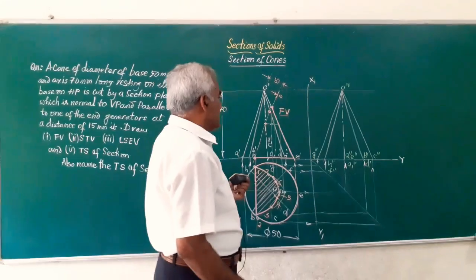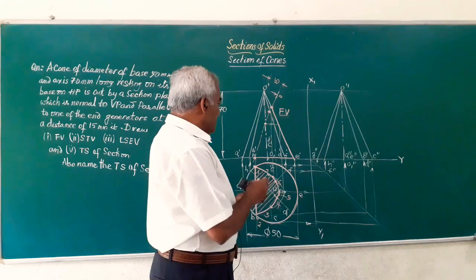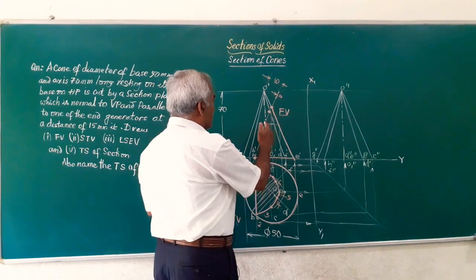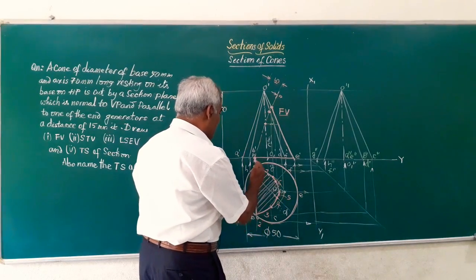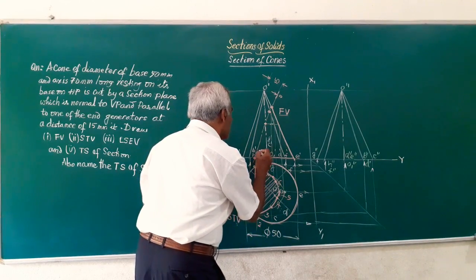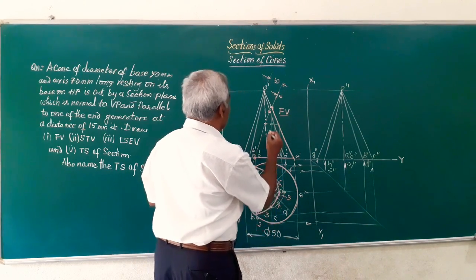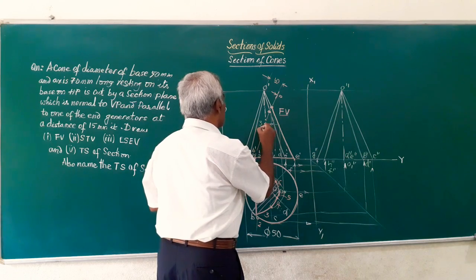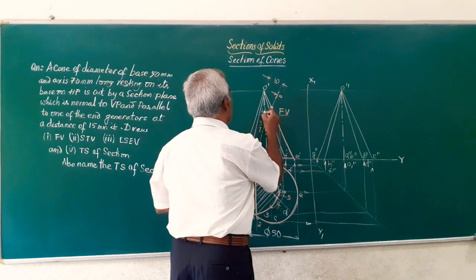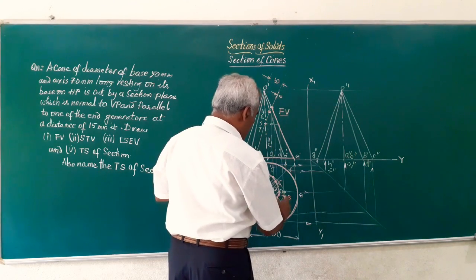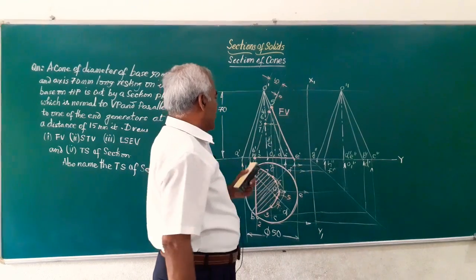Friends, we have marked the points on the base in the end view, and let us transfer these points from the top view to the front view before they are transferred to the end view. So, how to obtain that? See, here you have got this point 1 and 2. So, you have got 1 comma 2 here, then you have got 3 comma 7, and next we have got 4 comma 6. Finally, you have this point 5 on the last generator, that is O dash E dash.